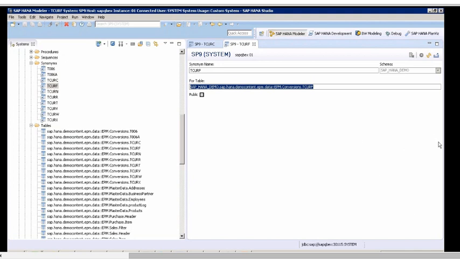Will access be given to HANA based tables in real time, or will they provide access only to the synonym? Even if I give access to the synonym, you will not be able to access the data unless you have access to that table also. Okay. While creating a table, can we use the public statement? No, we can use only global, temporary, local. There's no public statement for a table.